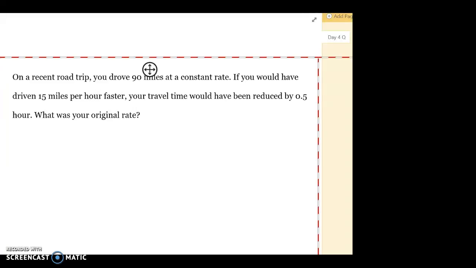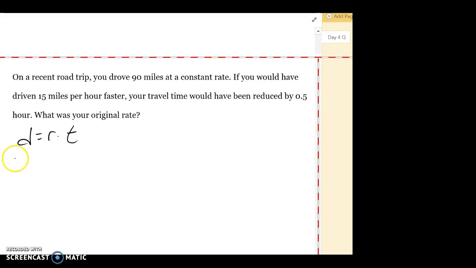All right, so in this question, we've got a couple of different things going on. So driving 90 miles at a constant rate. In this setup here, since we're talking about distance, rate, and time, we're going to use what I call the DIRT formula, the distance equals rate times time. Okay. So it says that on a recent road trip, you're going to drive 90 miles at